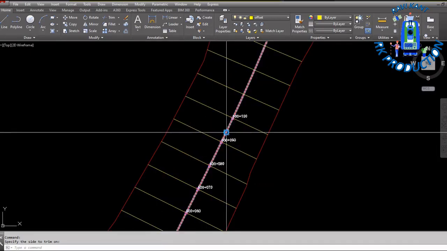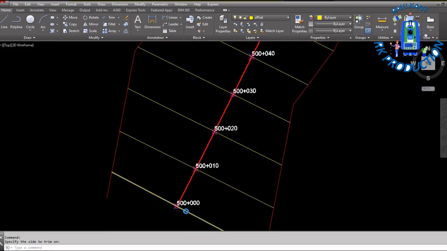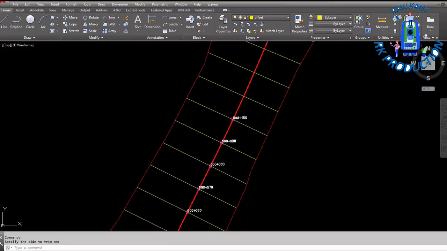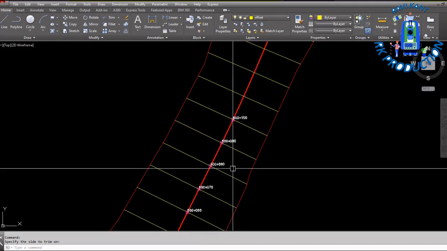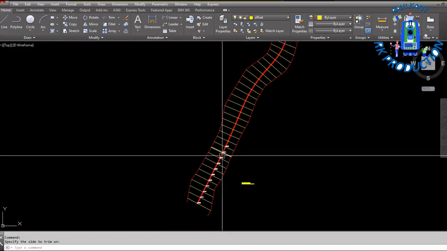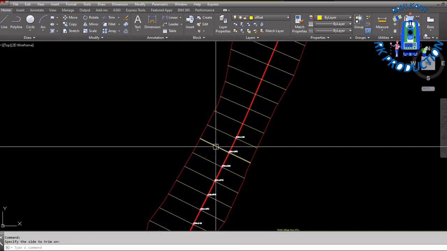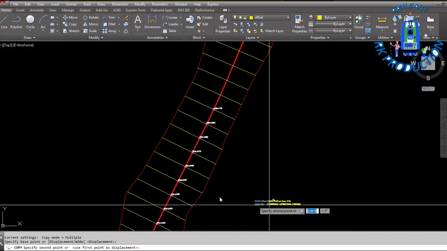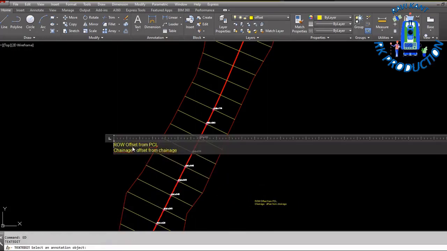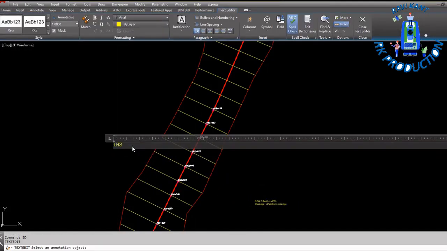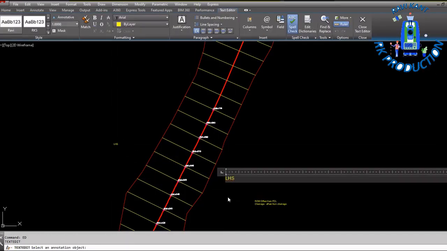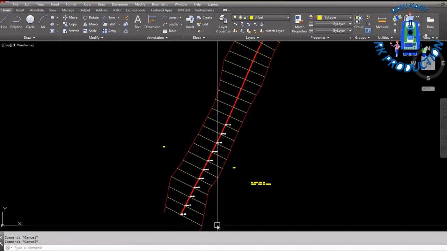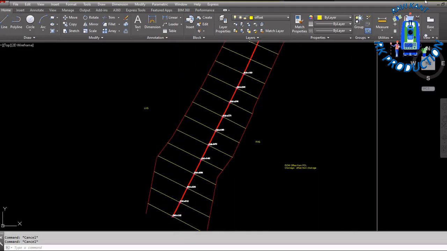Okay, so for example, you need from this chainage to this chainage. You can take 1 kilometer, 2 kilometers also, but for showing the tutorial to you, I am taking only this 100 meter. Okay, this is our left side. Suppose that this is our left side and this is our right side. Okay, so wait 1 minute.